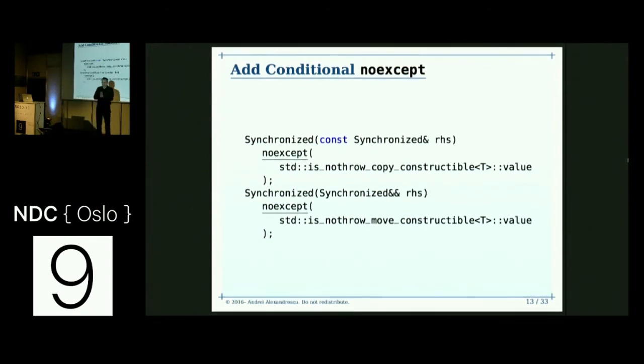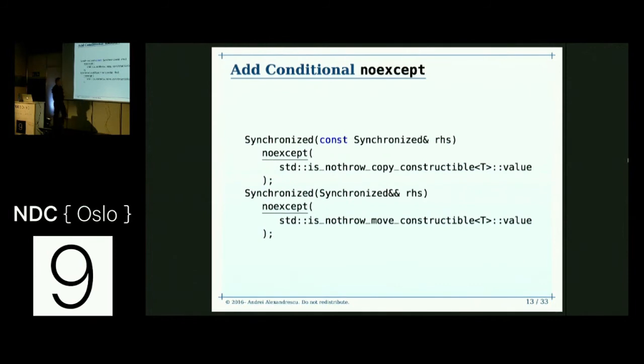Yeah, never say almost never. Okay, so noexcept, just say noexcept, it means I'm making a vow here to never throw. But if you put noexcept and you open a paren and you put a Boolean constant in there, it's going to be noexcept or not depending on the Boolean. And in this case, it turns out there's this is_nothrow_move_constructible